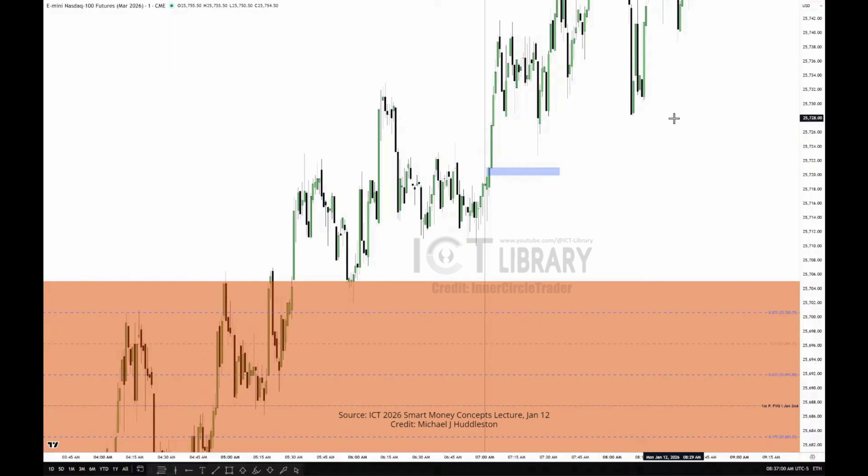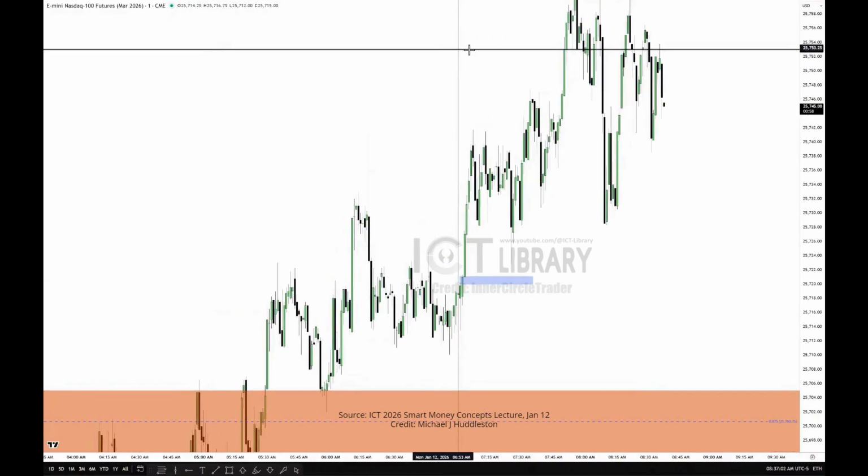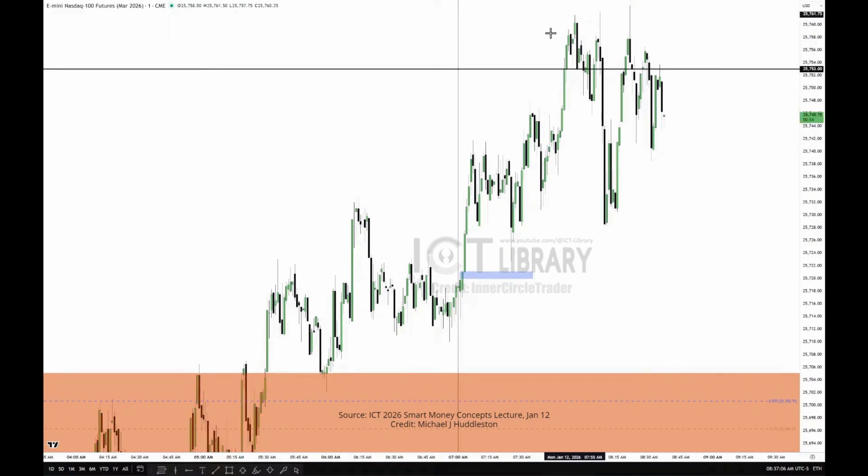And we know that there's a clear level of liquidity up here from the overnight Asia session. So all of this here is a draw for price. As soon as 7 o'clock hits, I'm thinking I want to see something that's going to give me a run up into that level. And look how they reacted after being there for a little bit of time. This displacement towards the obvious retail concept.